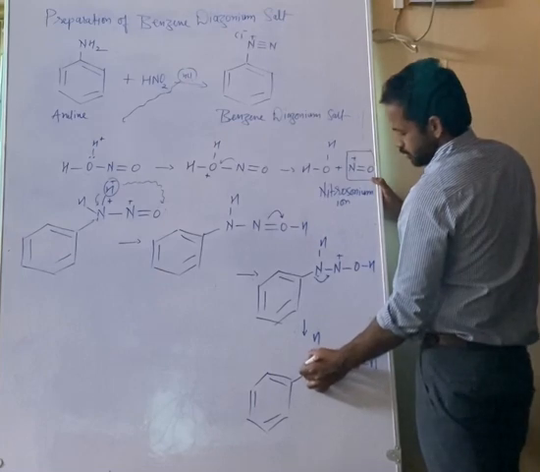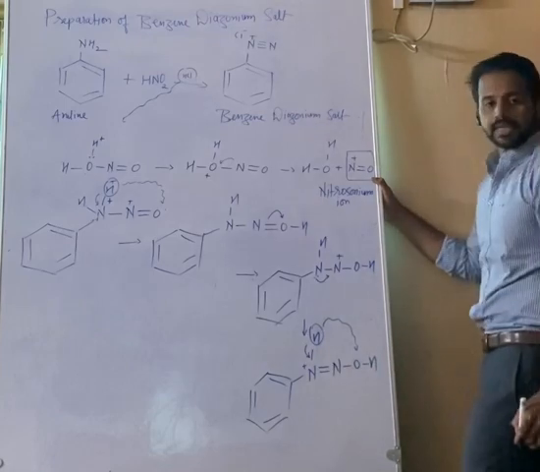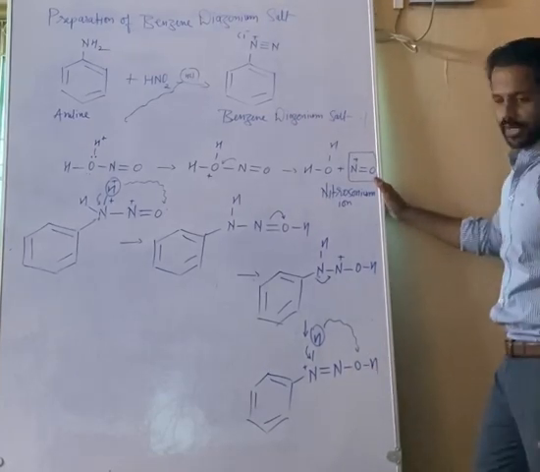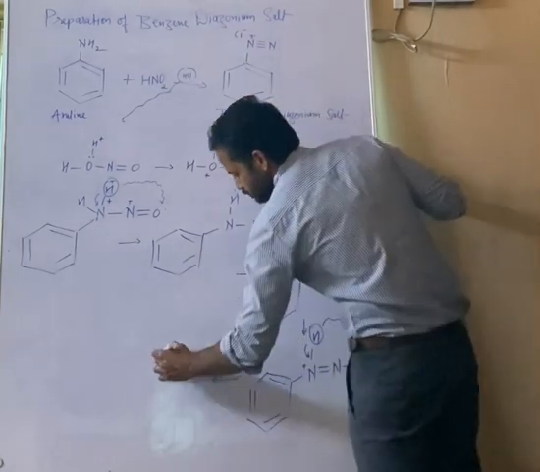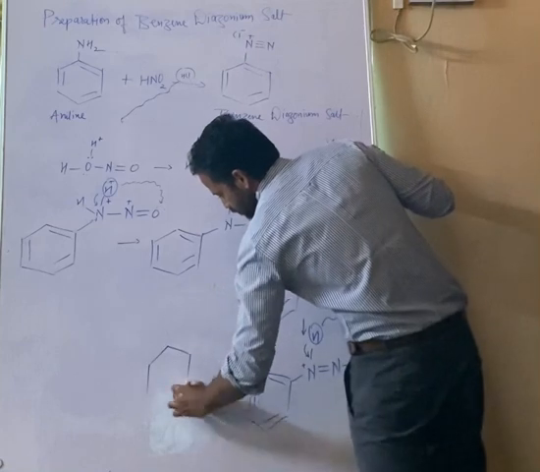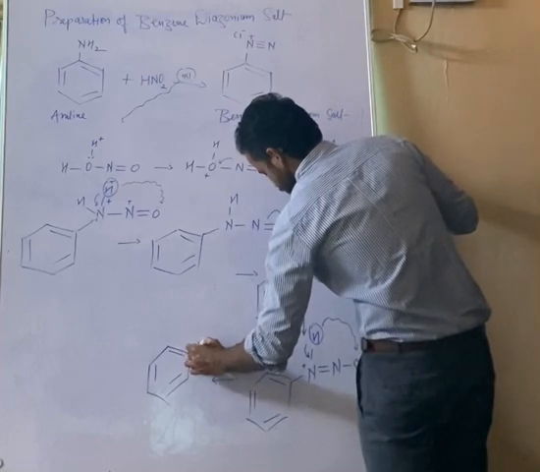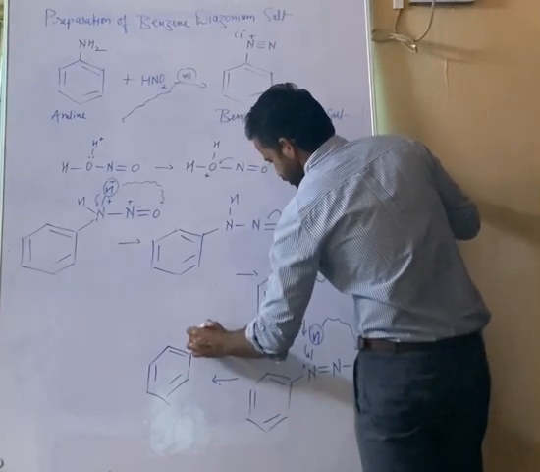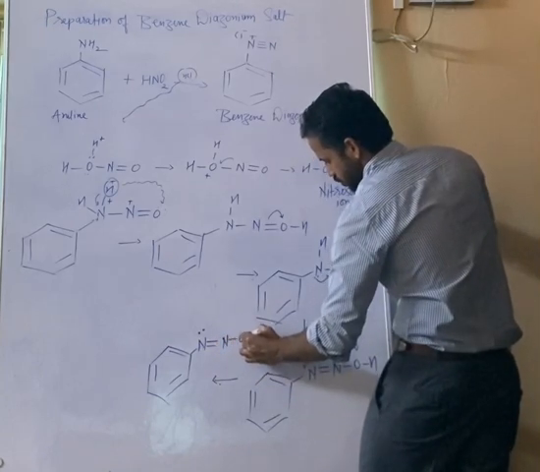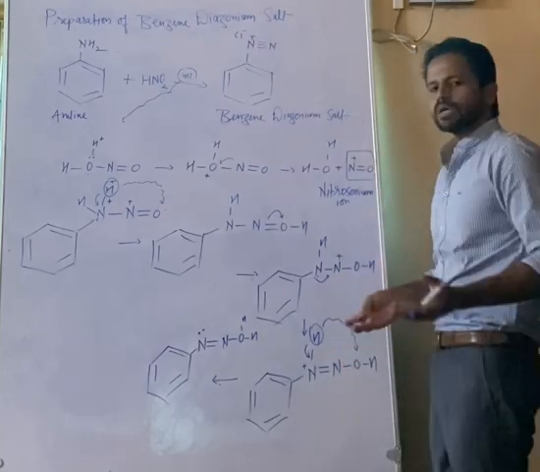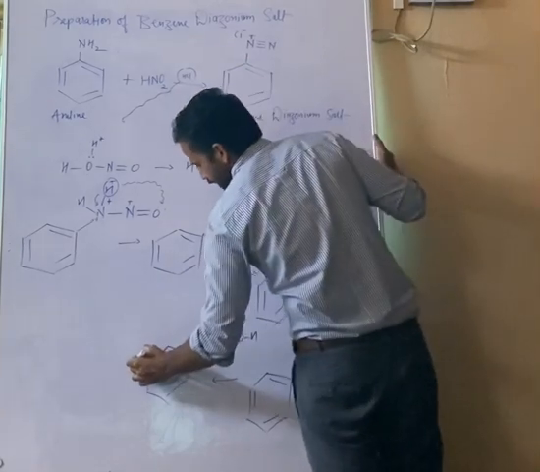Now this nitrogen has got a positive charge. So what will it do? It will take the electron from this hydrogen. Now this hydrogen again will be released as H plus, and it will attack this OH. So what is the next thing? Now this can be released as H2O. And double bond N, it is getting its lone pair back, and OH and H. Oxygen again getting positive charge, so it will take the electron from this, and due to that,